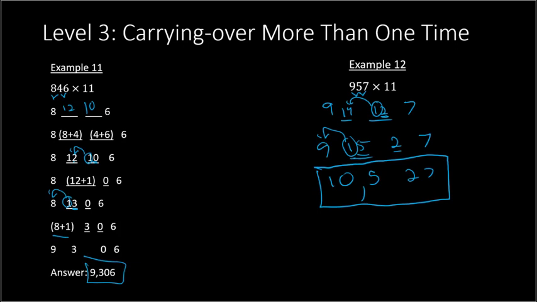And there you have it. So you've learned how to multiply any number times 11. So this rule would apply for any number of digits. So you could be multiplying by a 2-digit number, a 3-digit number, 4-digit number, could be a 100-digit number, and the process will be the same